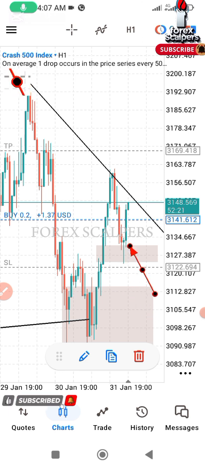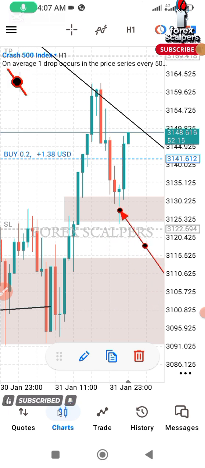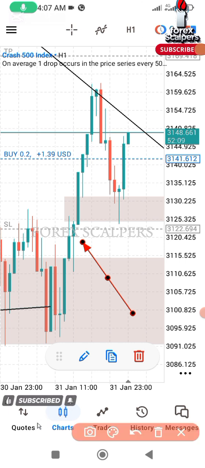Look at what happened. You see this wick? The price returned and filled into it. See where the gap begins from. This is where the gap begins. So you see how price filled it. So price filled this imbalance completely,